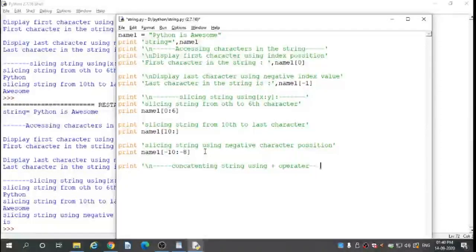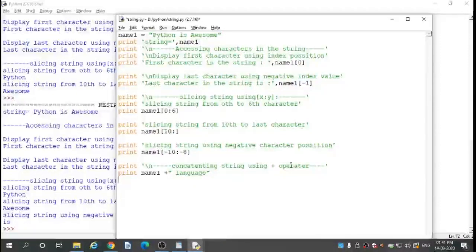Single quote completed. Enter. Print name1 space plus in double quotes language. Double quotes also completed.